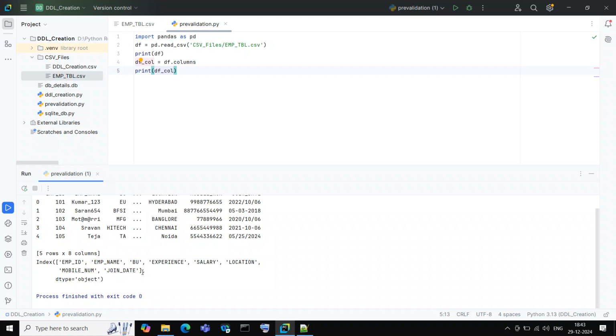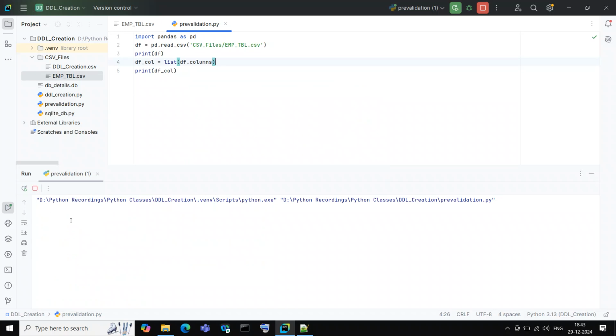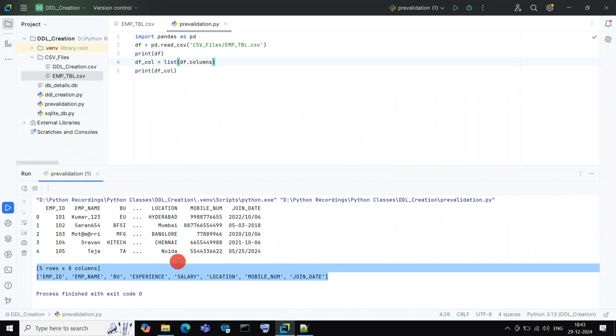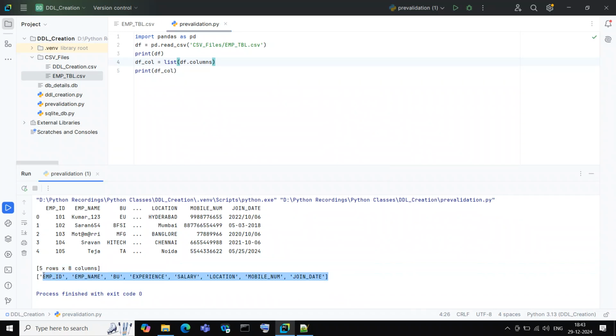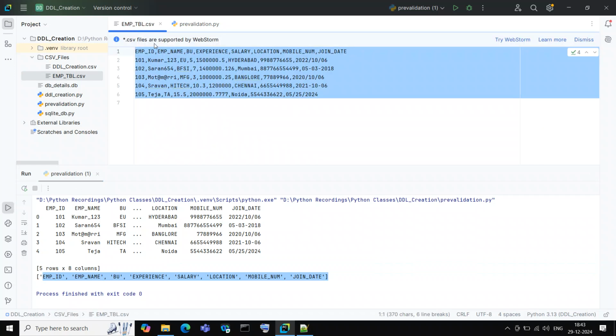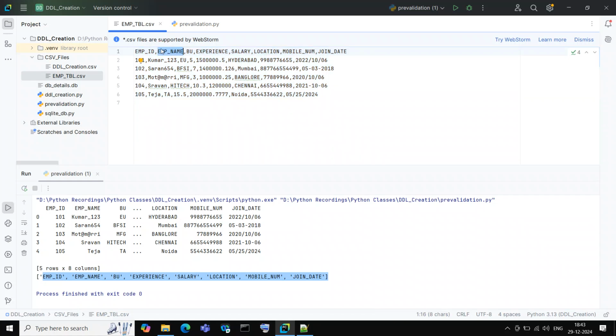It is of data type object. Just for instance, I'm trying to make it a list. Yeah, it is a list, and I don't have any empty space in my column names. Here I am good, I'm fine. But in case I have an empty space in my column name, for example,